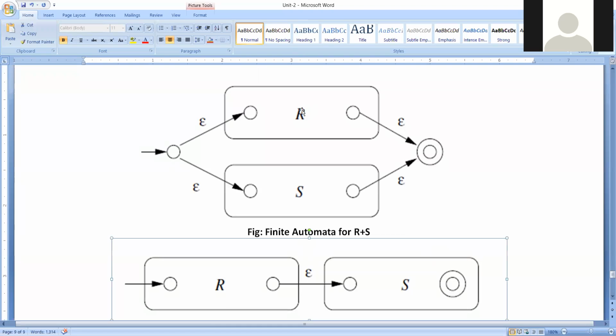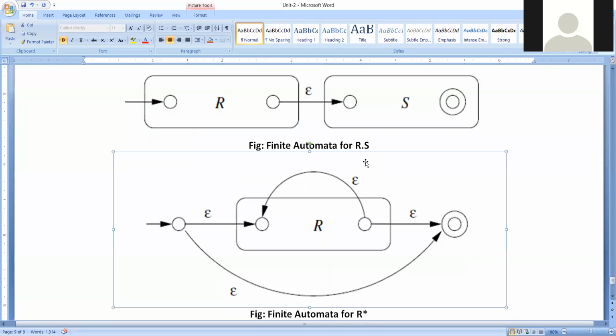And when I go for the next one, you can see here, we have R, a regular expression, and S, a regular expression. These are two different finite automata, individually recognizing R and S. But when I do the union of these two, R and S, now I want to recognize this union. For that purpose, I have introduced a new initial state and a new final state. Then from the new initial state to the old initial states of the individual automata, we have specified epsilon transitions. Then from the old final states of the individual finite automata to the new final state, we have specified epsilon transitions. So this is the union operation.